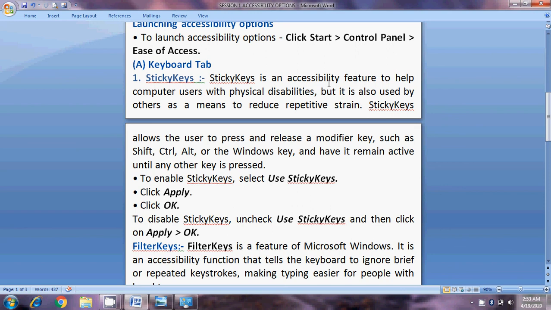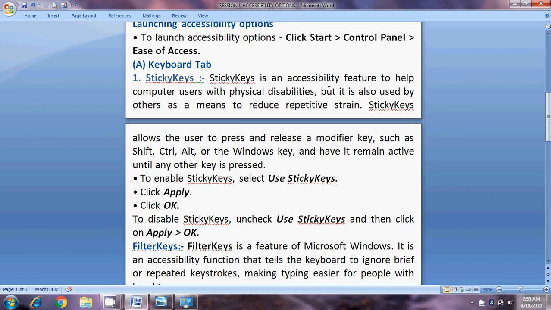To enable sticky keys, select use sticky keys, then click on apply, then click on OK. To disable sticky keys, uncheck use sticky keys and then click on apply, then click OK. For example, if you want to select all the text of your document, you press the combination of Ctrl plus A together.